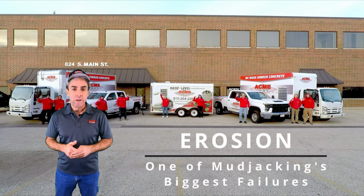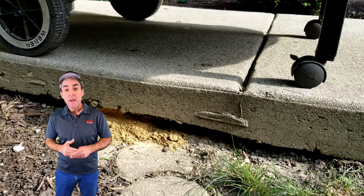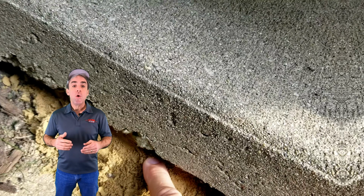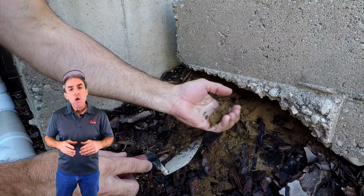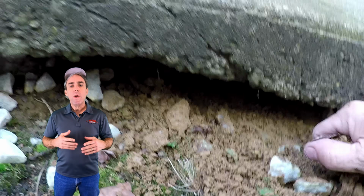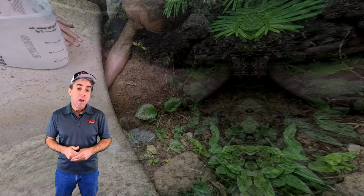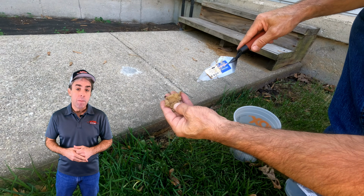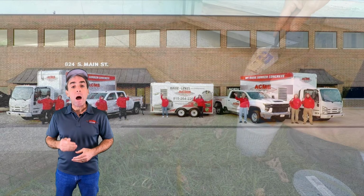We regularly inspect sunken concrete that had been previously mudjacked. In every case, we can see the mudjacking materials oozing or eroding out from beneath the concrete. To understand this better, we have collected dozens of mudjacking samples where customers claim they were sold a concrete or mortar-like mixture. We take these samples back to our shop so that we can compare their erosion resistance to our